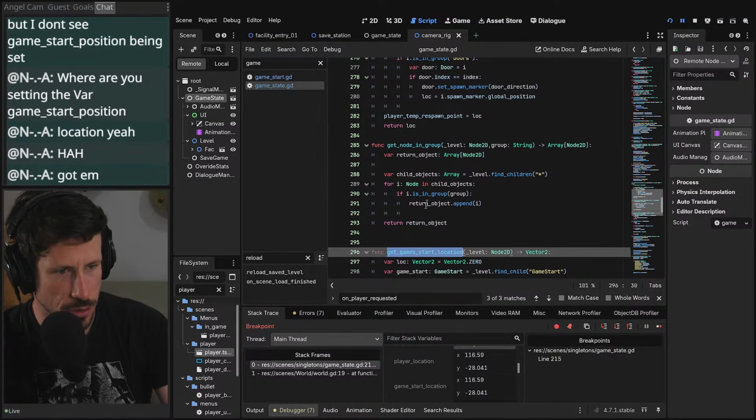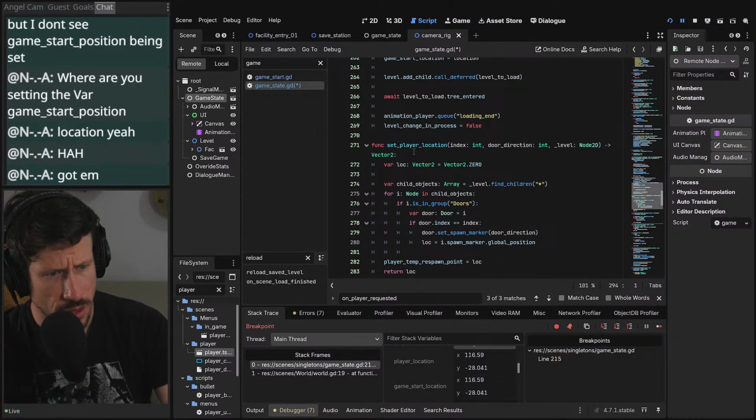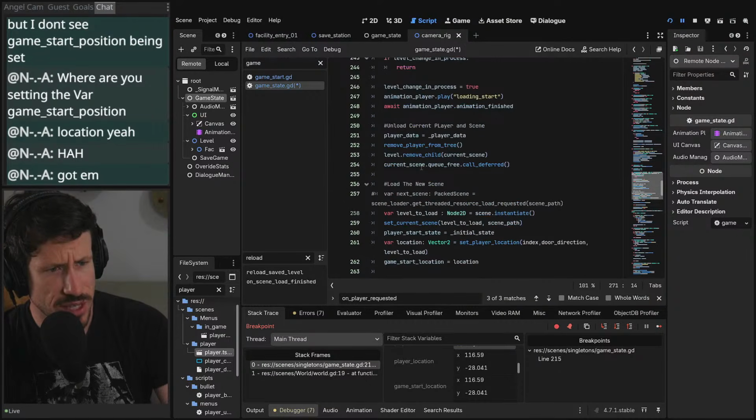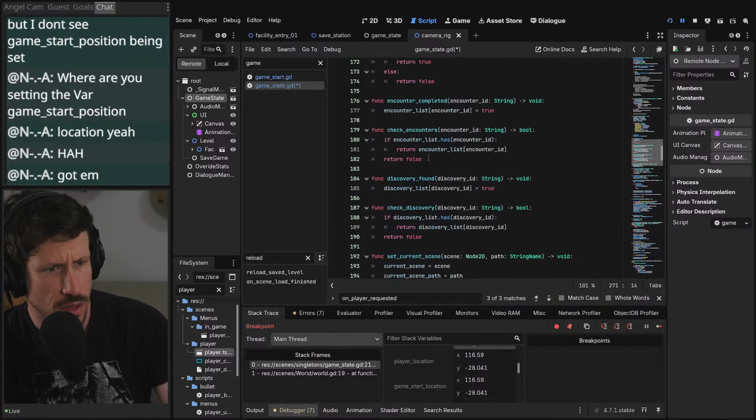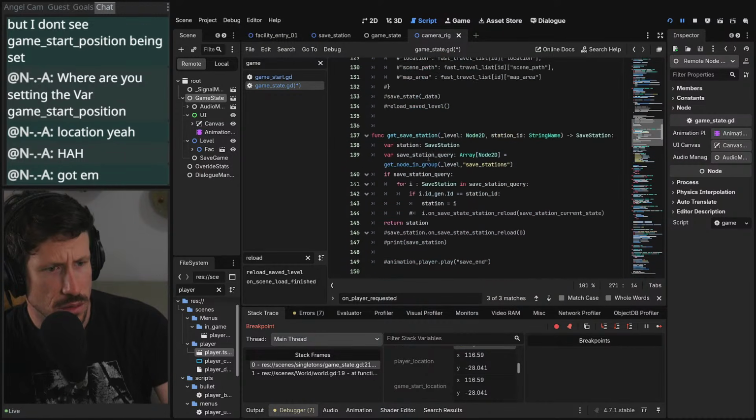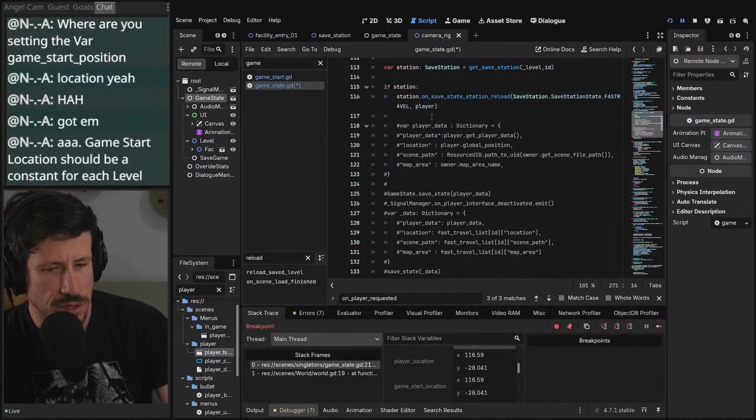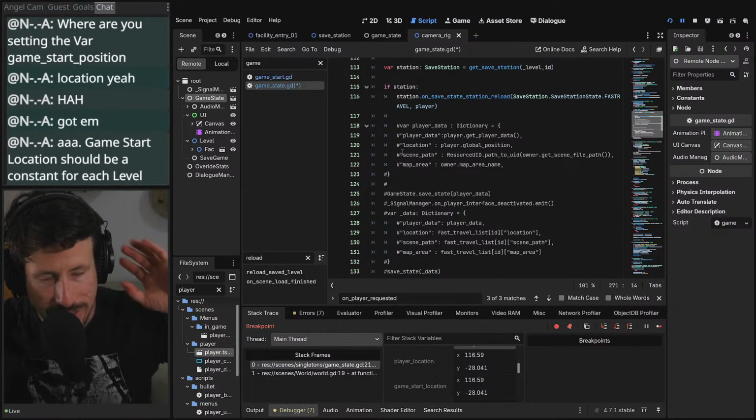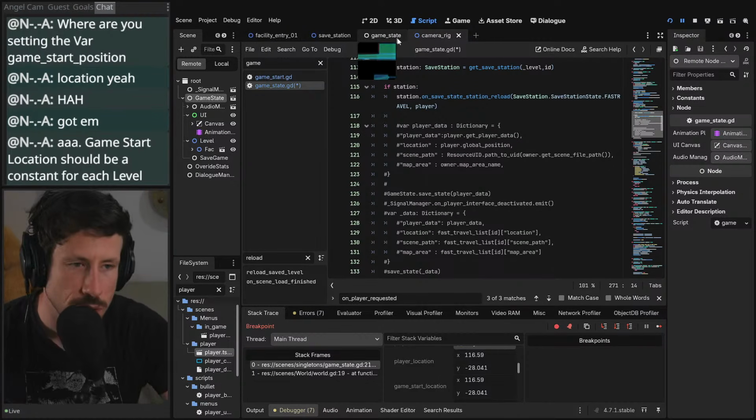It's a function we can call to get it. Or we can set it when we actually request the, where is it? Here. Game start location should be a constant for each level. No, it shouldn't. What we need to do is that needs to be where we're going to, right? So you can't make it a constant because